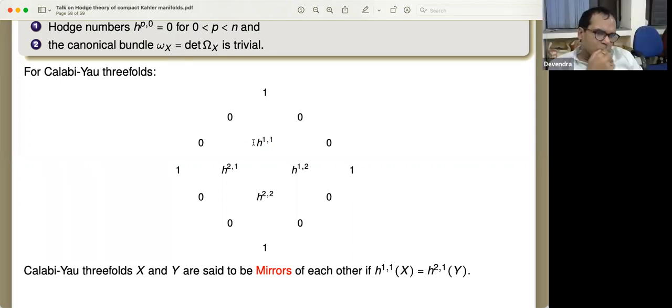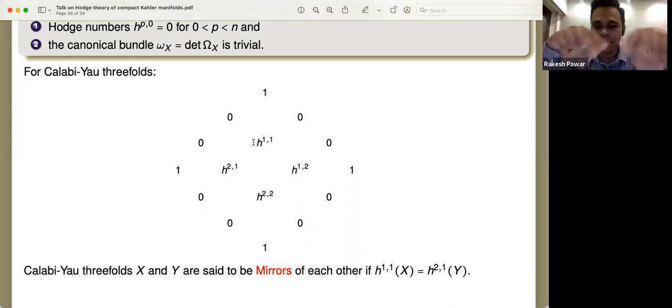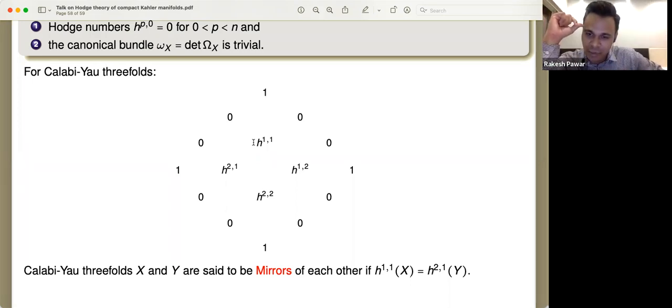Where you form a two-variable polynomial with coefficients, where the coefficient of the degree p,q term is this h^{p,q}. Then there are all kinds of things you can play with these polynomials and make statements about. So there is a study around such things. But individually, it's difficult to track them, to explicitly calculate them for any arbitrary complex manifold.